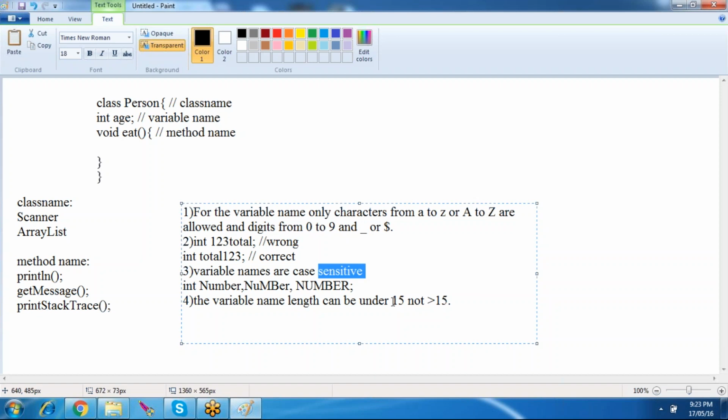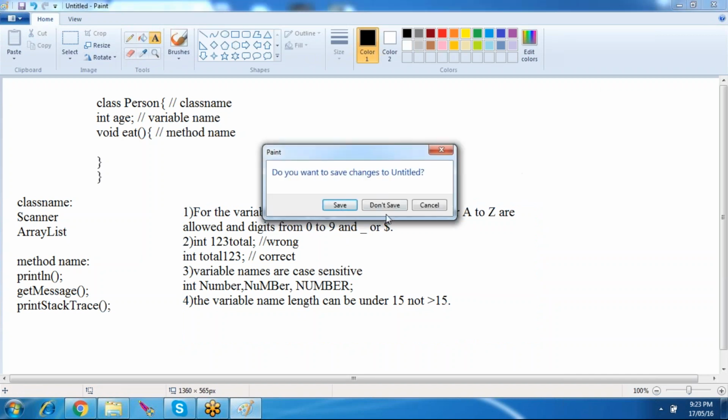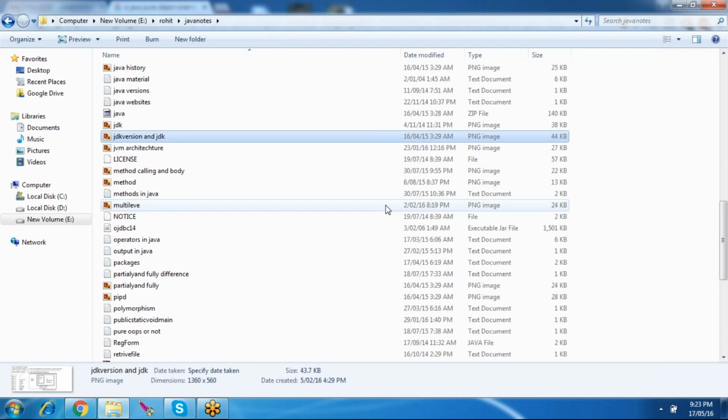And every method will end with an open and close parenthesis. These are the two other rules you have to remember. Okay, so these are the rules of Java. I'll send you these notes after the class. And next,